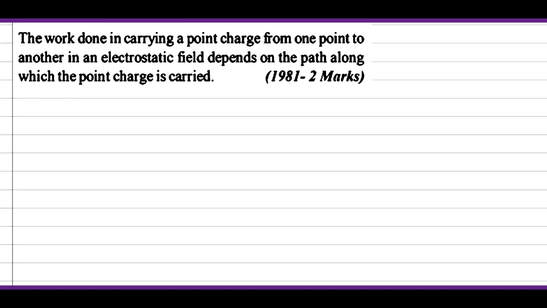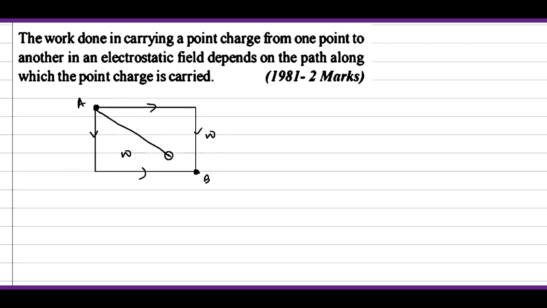ओके, तो अगर हम इस चीज़ को फिगर से समझें तो क्या होगा, फिगर से समझते हैं इसको। देखिए अगर यहाँ पे एक पॉइंट चार्ज है, इसको हम इस पॉइंट पे ले जा रहे हैं, मतलब कि इसको मैं ए मान लेता हूँ, इसको बी मान लेता हूँ, और इस पाथ से लेके जाते हैं। तो अगर वर्क डन W हो रहा है तो इस पाथ से भी लेके जाएंगे तो वर्क डन W ही होगा, या किसी और पाथ से भी ले जाएंगे तो वर्क डन W ही होगा, क्योंकि F जो होता है कूलम्ब फोर्स होता है वो